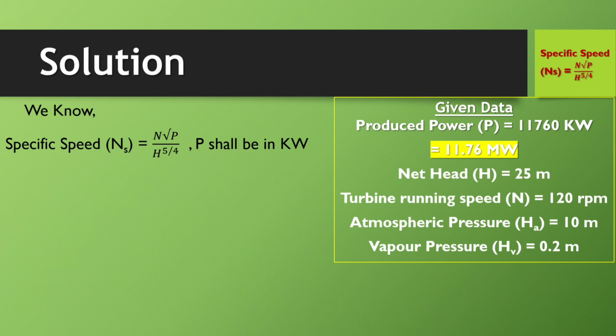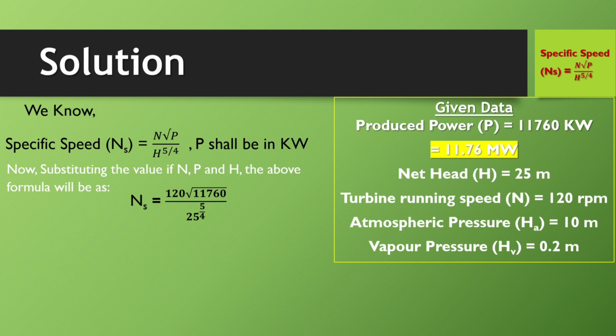We know the specific speed Ns equals N root over P divided by H power 5 by 4, where P shall be considered in kilowatt. Substituting the values of N, P and H, that is turbine running speed, power and head, in the specific speed formula and solving this, we will get the result as Ns equals 232.79 rpm. After this,